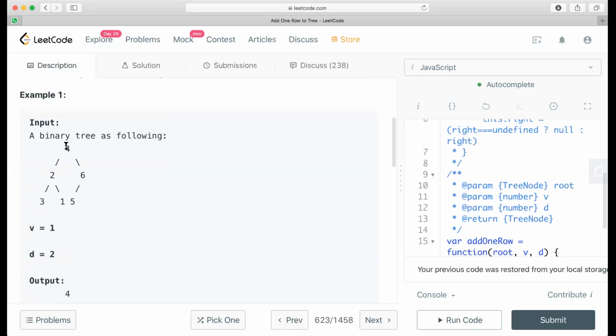So suppose 1, 2, 3, if I get the depth as 3 and a random value of say 7, then what I'll do is I'll come here, come here, come here, and here I see it is 3. I need to replace this. I came from the left, so I'll create the new node with the value 7, and the left child of the 7 will be 3. Similarly here I am coming from the right. Now the new node with value 7 will be created, and whatever the node is, I'll just toss it here.